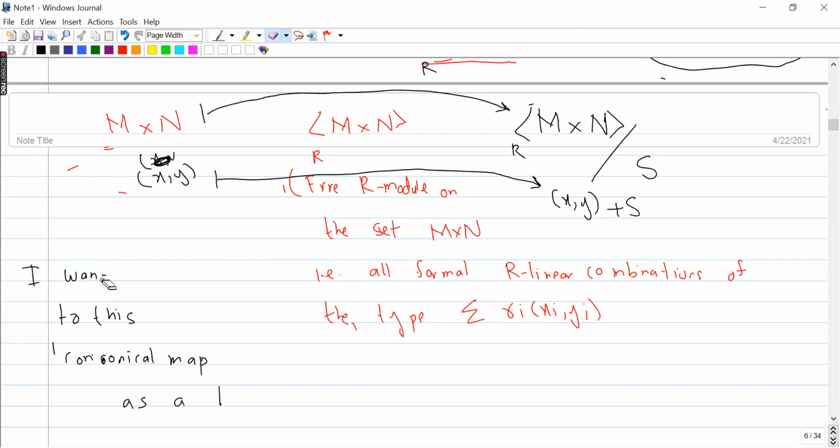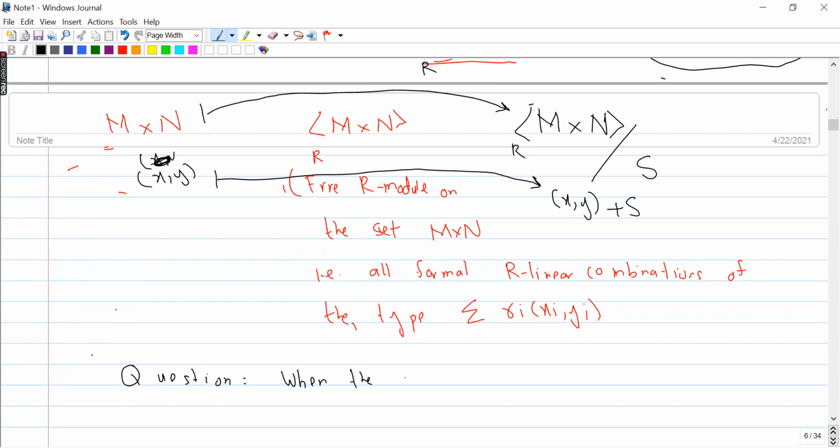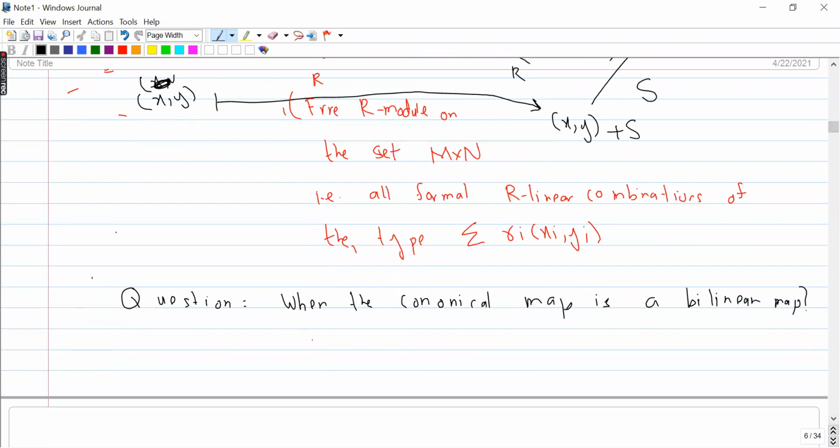और बल्कि आप इसको इस तरह से लिखें, ज़्यादा अच्छा लिखा है तब आपको समझ में आएगा ये प्रॉब्लम। तो अब एक क्वेश्चन है आप लोग से बड़ा कि अब ये सोचने की कोशिश करें कि मैं when the canonical map is a bilinear map. तो आंसर ये है कि when the canonical map is a bilinear map, so I just want to see